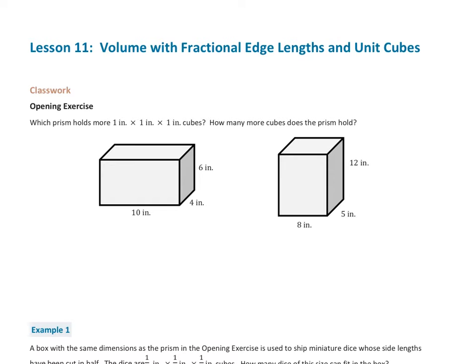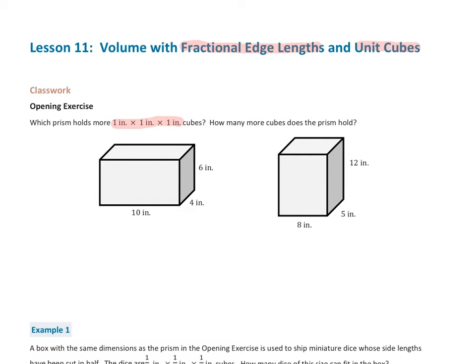All right, everybody. So for lesson 11, 6th grade, module 5, EngageNY / Eureka Math, I highly recommend checking out my video called Volume and Surface Area. I break down using pictures what fractional edge lengths do to our unit cubes that are made with volume, since volume makes cubic units. And we're looking for, on the opening exercise, which prism has more regular 1 by 1